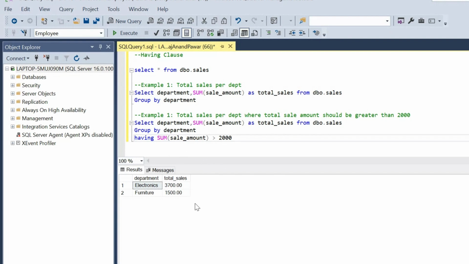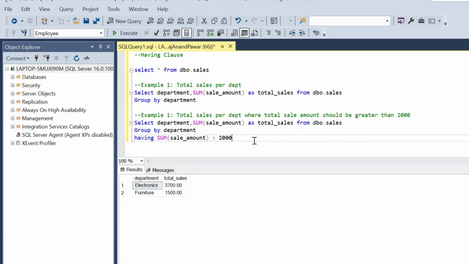We want the total sale amount to be greater than 2000. Show me those records only. In that case, for filtering purposes, when you are using the aggregate function and the group by, instead of the where clause, you need to use the having clause. So we have mentioned having sum of sale amount. That means the total sale should be greater than